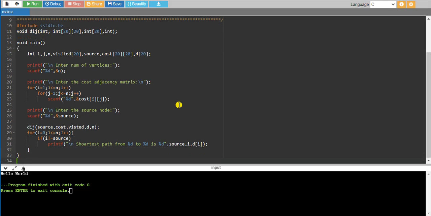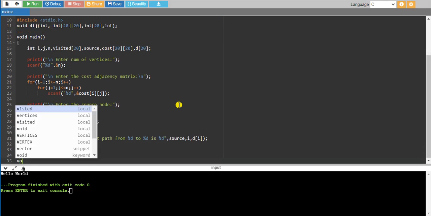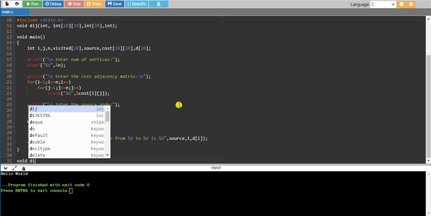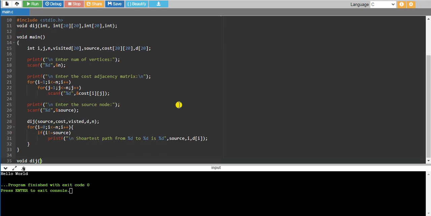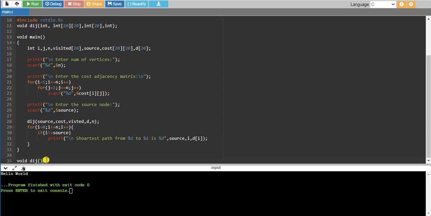we have to write that Dij function outside the main function. So void Dij. What exactly it is doing here: we are calling that particular function Dijkstra, and we are finding the distance path from source to all other vertices. So what exactly is this Dij function doing here? So Dij, so int